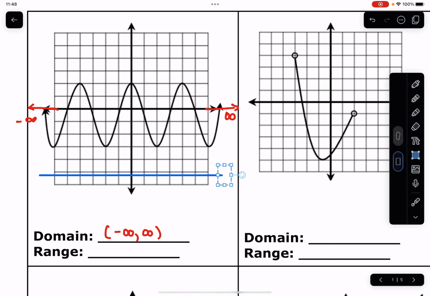And if I start sliding this horizontal line upwards, notice that it starts touching the graph here and continues touching the graph until I reach a maximum height here. So in terms of the range, it is bounded. The domain is not, because it goes from negative to positive infinity, but the range is bounded, and it's bounded between